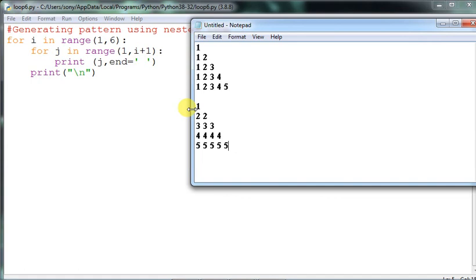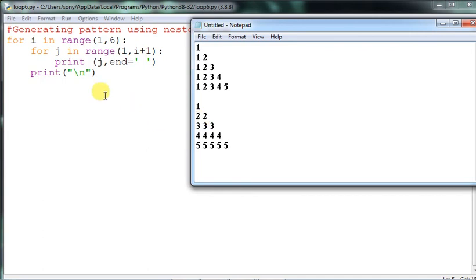It is clearly shown that when you are printing this pattern, you have used the value of j, because it is changing all the time. But here, what is happening? No change. Only the number of executions is similar, but the values are different. The number of times of execution is the same as in the previous program, no change, but the change is in the set of values: 1, 2 2, 3 3 3, 4 4 4 4, and 5 five times.